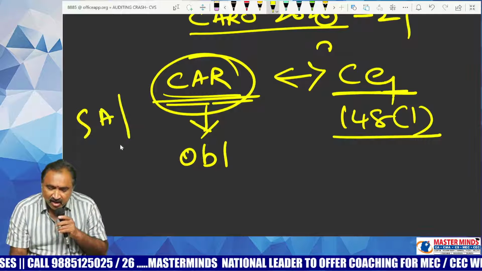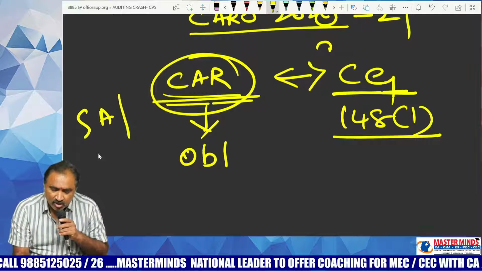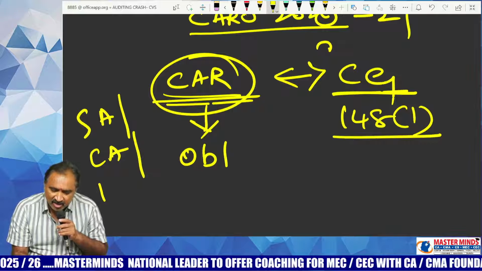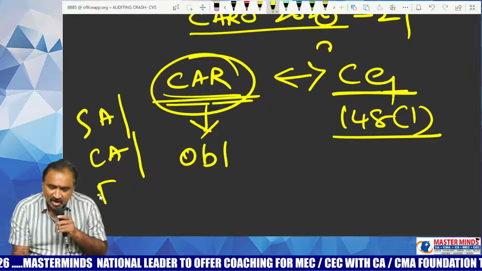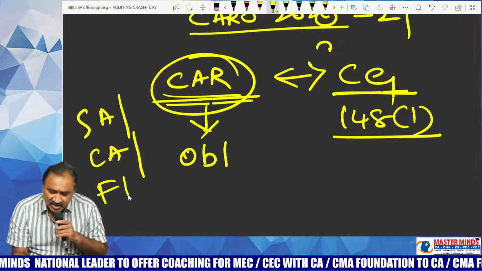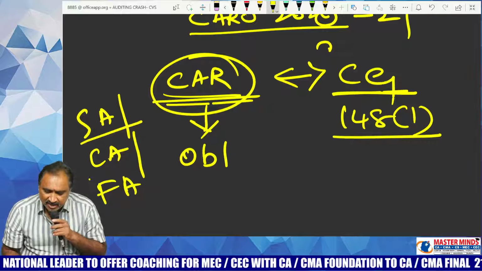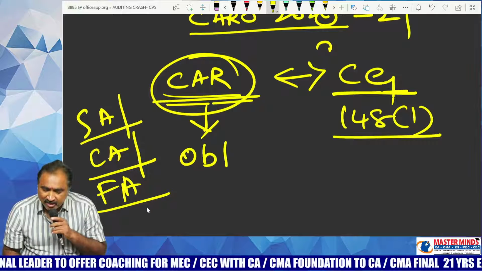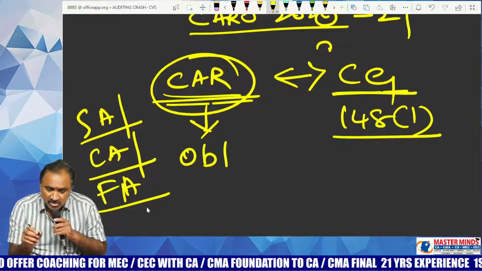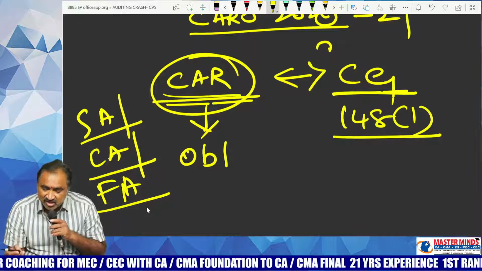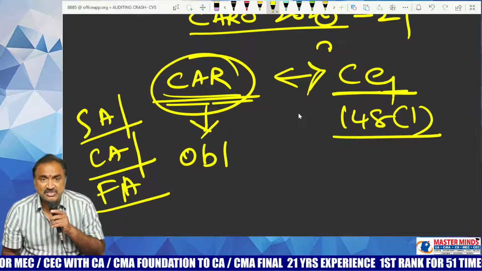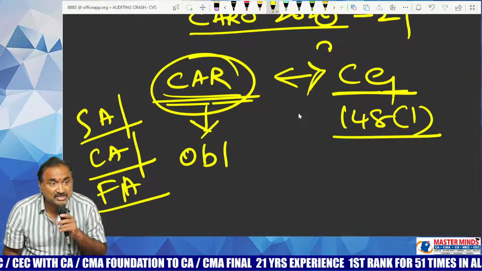So what is your duty as the statutory auditor, otherwise called company auditor or financial auditor under CARO, where the company under your audit has been directed by central government to make and maintain cost accounting records? It is your duty as an auditor to check whether the company maintained cost accounting records in accordance with the directions given by central government.